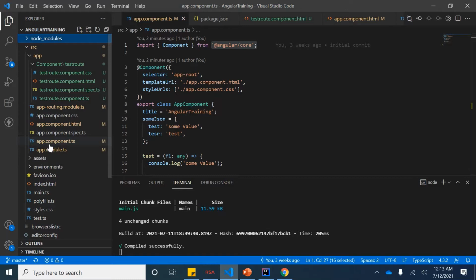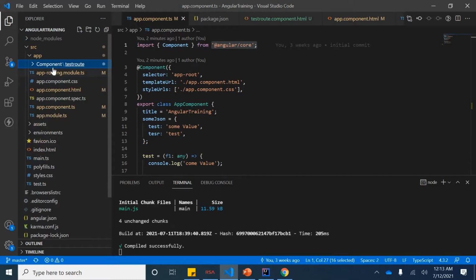Inside this app folder, this will not be created by default by the CLI. It will be created by you whenever you need something, like we needed one component, so we created it. You can create a component folder, or according to your choice, you may name it something else, and you can create a component there.